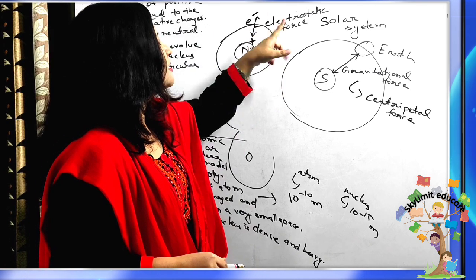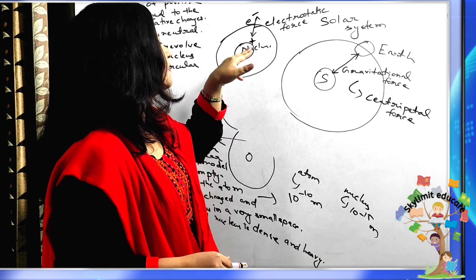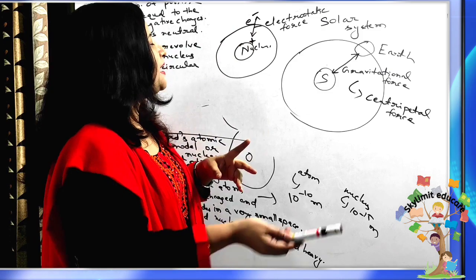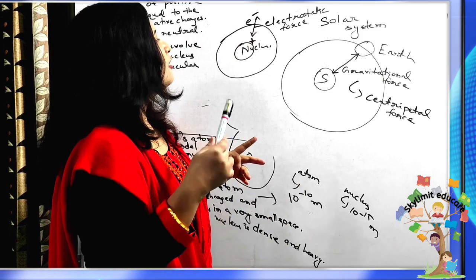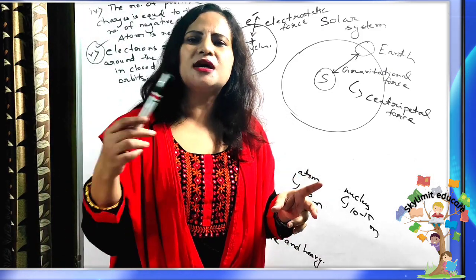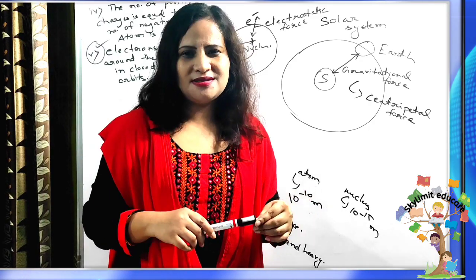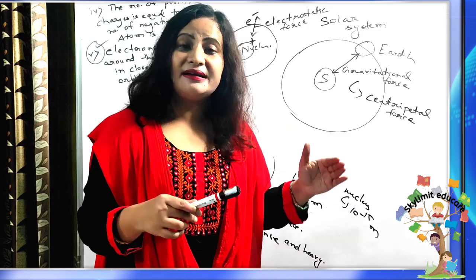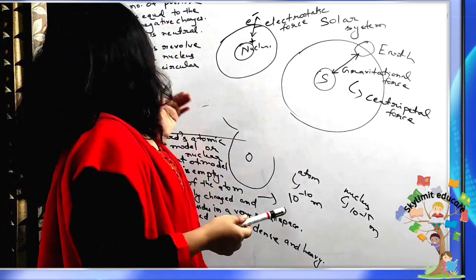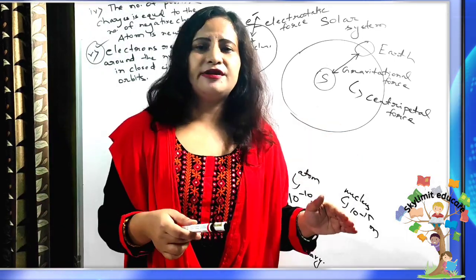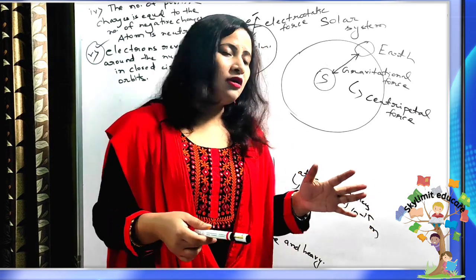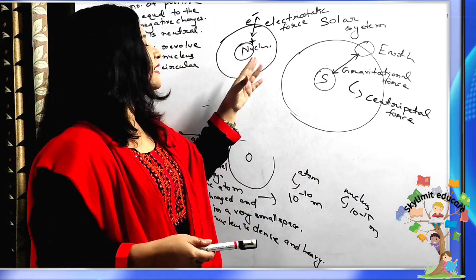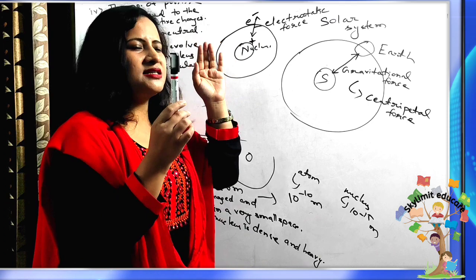That means the electrostatic force of attraction between the nucleus and the electron is being converted to centripetal force, which enables the electron to move in circular orbits around the nucleus. Although this model also failed after some time, this was the greatest contribution, one of the greatest points suggested by Lord Rutherford, because with the gold foil experiment, he was able to conclude that electrons are not still.